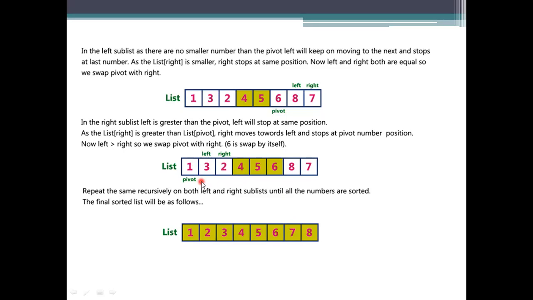See whether the left and right values are in the sorting order or not. If it is not in the sorting order, we need to place them. How do we know that it is in the sorting order? The left value should be less than the pivot and the right value should be greater. So here it is the opposite. What happens here? We should swap these values, and the order of this one is 1, 2, 3, 4, 5, 6, 7, 8.